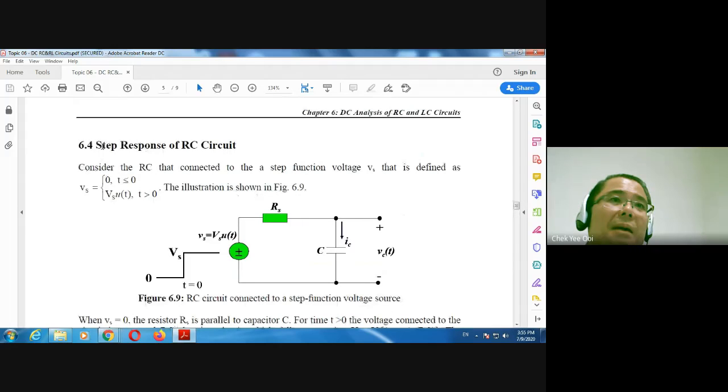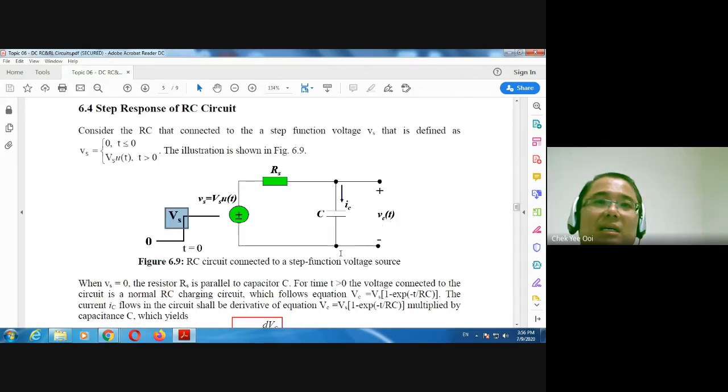Next, we study the step response of the RC circuit. Step response means that negative time is 0 and positive time is 1. If we start with source voltage Vs, the magnitude becomes Vs. This source voltage is 0 for negative time and Vs u(t) for positive time, where u(t) is 1, so it becomes Vs. It is the same as opening the switch at negative time and closing the switch at positive time. It is the step response, charging